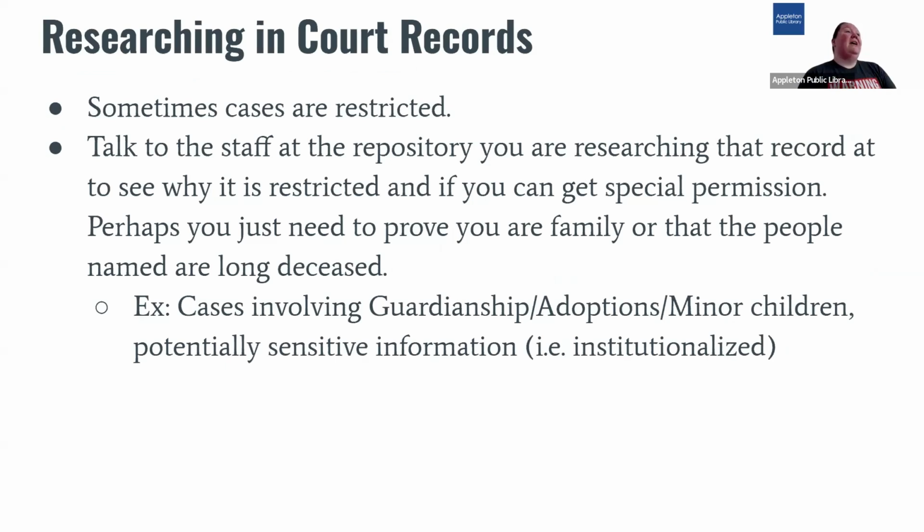So as we touched on a little earlier, some things might be restricted. There might be a certain time period that you might have to wait for certain court cases. Essentially, it's going to depend on the jurisdiction, the type of case it is, and the courts and what they set as their restrictions. So you really want to talk to the staff there. They're going to be able to tell you why it's restricted, or how you can get special permission to look at this court case, because maybe you just need to prove that your family or the people named in this court case have been dead for 50 years or 20 years or whatever their